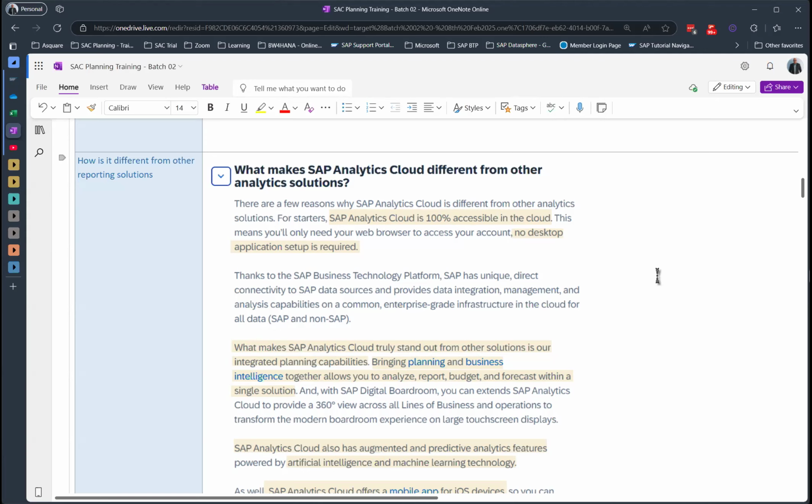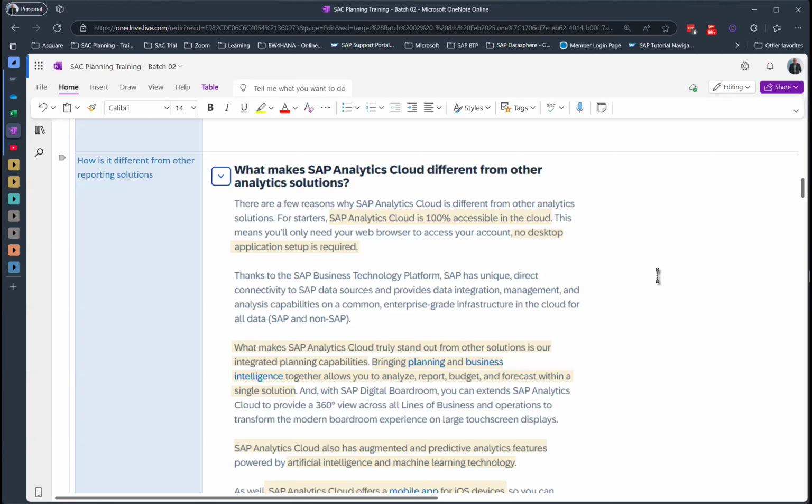All those might be better in reporting than SAC, but they are not close to SAC when it comes to planning. So planning is the major point which gives SAC an advantage in the market compared to other reporting tools. The second strong point is integration with SAP software.